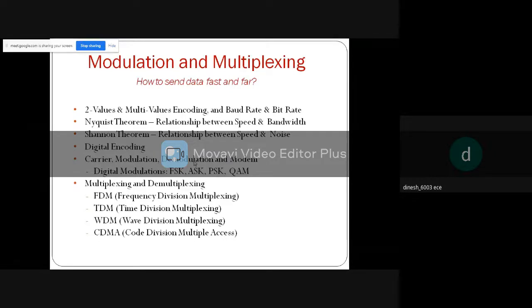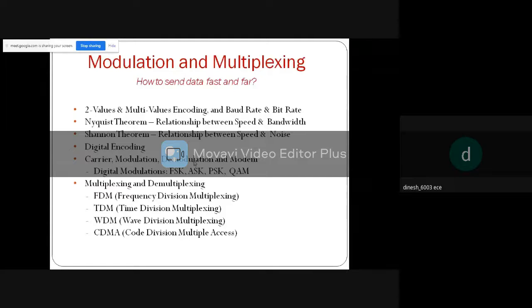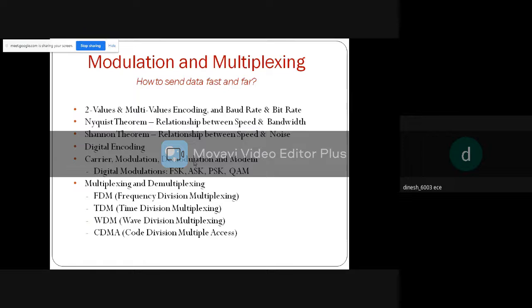So let us see what terminologies we need to see in modulation and multiplexing: two-value and multi-value encoding techniques, baud rate and bit rate. All these three terminologies you are very much familiar with. This is given by the Nyquist theorem, which relates speed and bandwidth, then the Shannon theorem, which relates speed and noise. We'll be using digital encoding, and the encoder or decoder will be used appropriately. We'll be seeing a carrier,